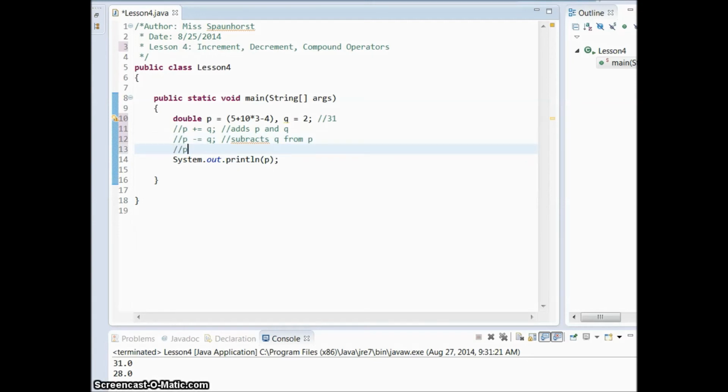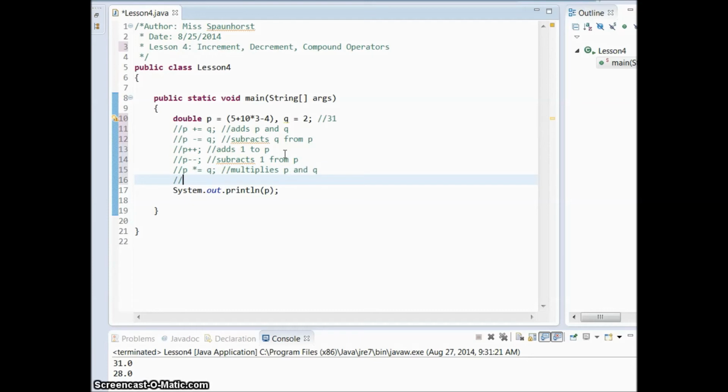Comment out P plus plus, put a comment at the end and say adds 1 to P. P minus minus subtracts 1 from P. P times equals Q multiplies P and Q, and P divided by equals Q divides Q into P. Alright, so what I want you to do is, one by one,